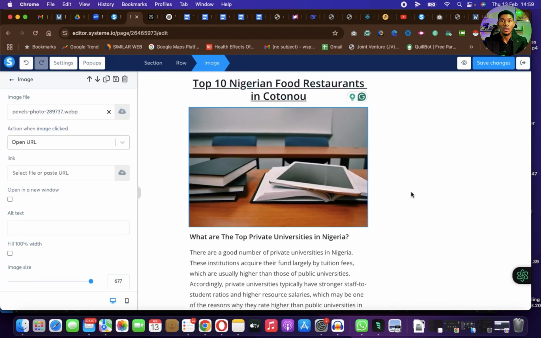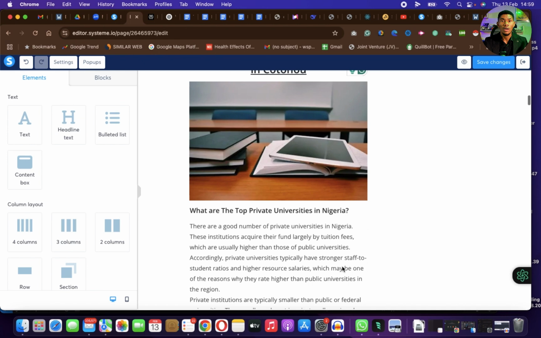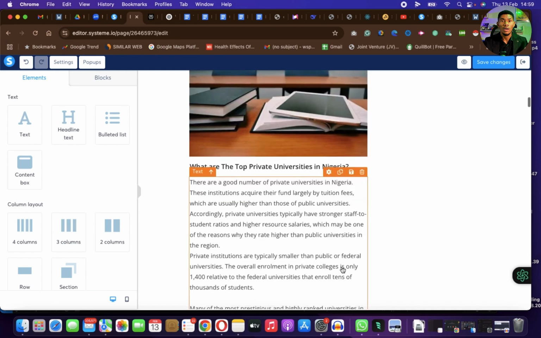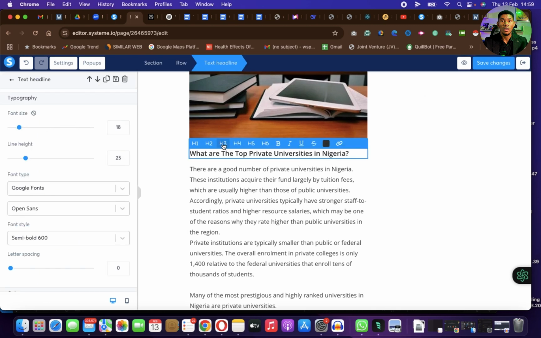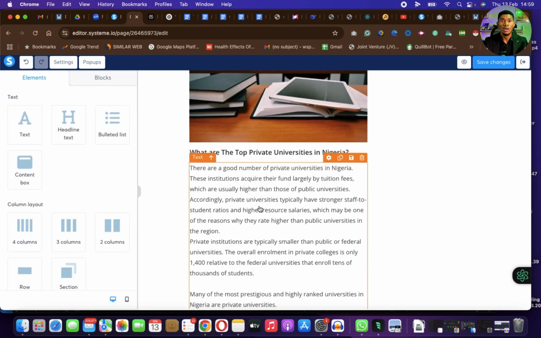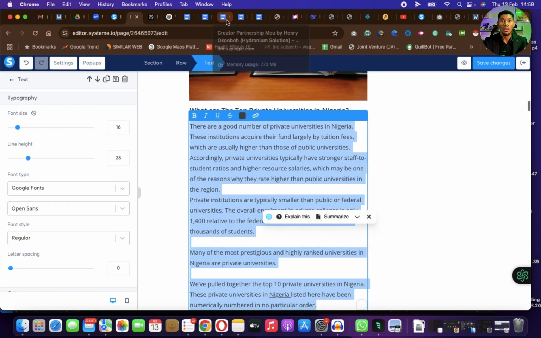Now let's talk about the next section where you have your content. Remember, every time you have a content, you already have a text headline and the content itself. So you want to put them individually. You come to this part here, you have this one that is a little bit bolder. This is H3 already, right? You can see this is H3. So you want to put, let's say, your subtitle. You put your subtitle here. Then you come down here, this place where you have text. You come here, highlight the text with Ctrl A,